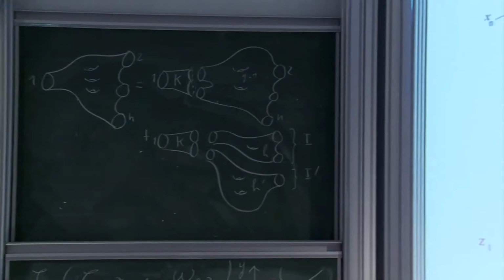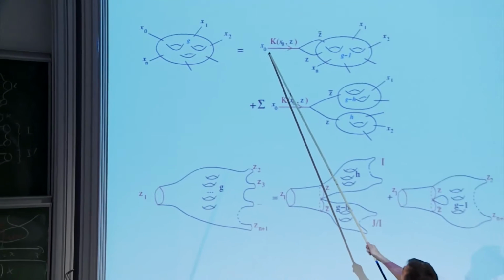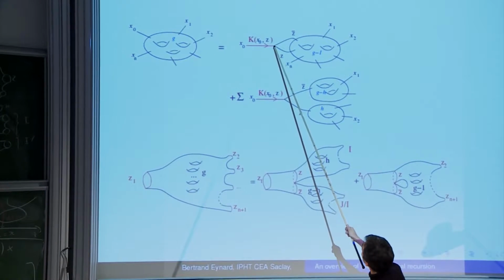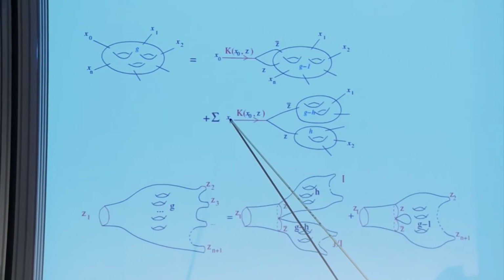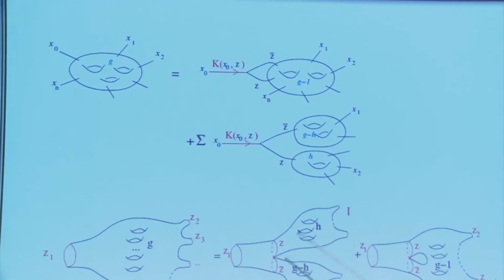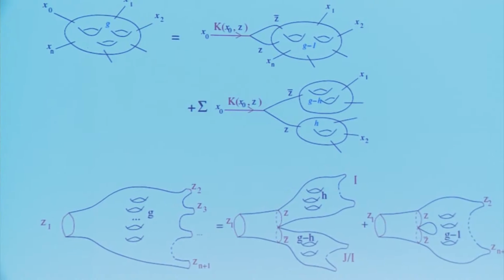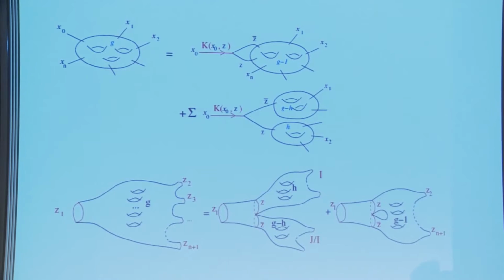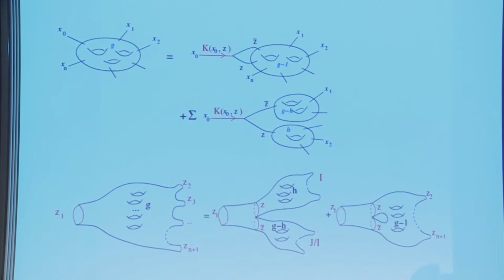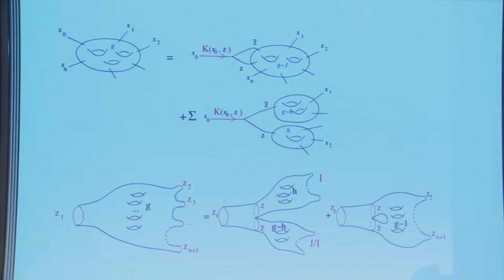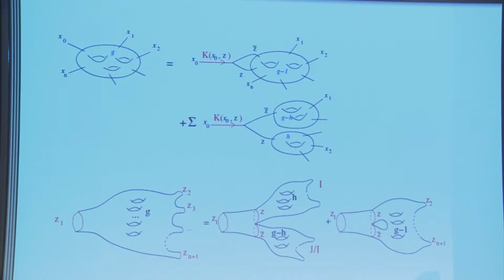Another way to write it is to represent it with punctures. You say that K is only that straight line with that trivalent vertex, and you glue it to two punctures. This is the disconnected case, and this one is the same as this one. So these are just two ways of representing that equation, but again, they are only mnemonic rules. There is no geometry behind that for the moment. I believe there should be some geometry behind that, but it is not known.